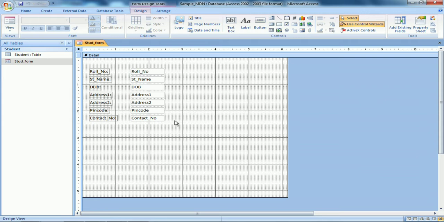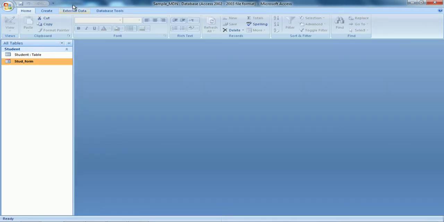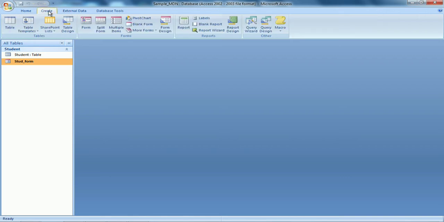Now let us come to design view. This is how I had designed. It is showing no records, it is just showing me the design of the form. So this is called the design view. Now from here, if I want, I can change it. I can give a text box, page numbers, all these things from here.